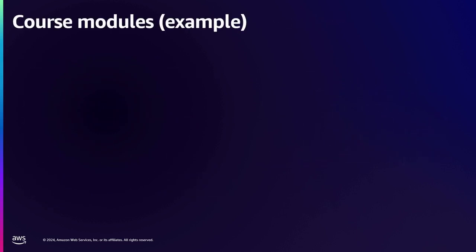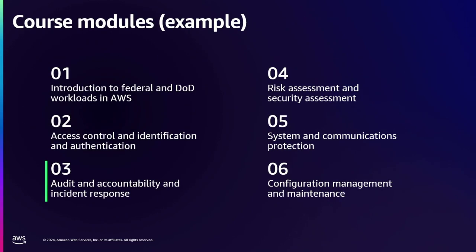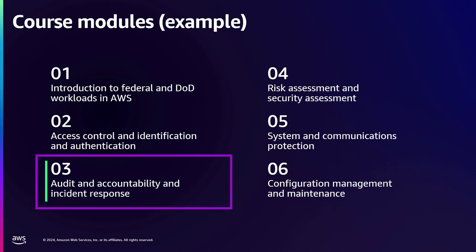And so, of course, we don't have time to go through a full module, but I wanted to just give you a glimpse on the format and what it looks like. So this is going to be an example from our NIST-based version. There's 6 modules you can see based on many of the common security domains that you're aware of. This is based on the NIST control families. Today we'll look at just number 3, so audit accountability and incident response. So that's the AU and IR control domain family for NIST. And just to give you a layout of what that looks like.